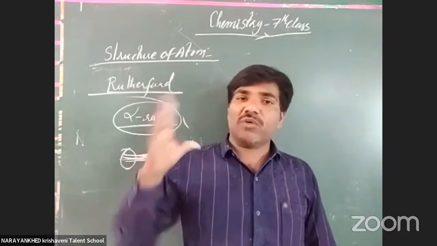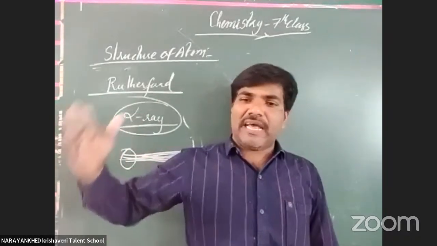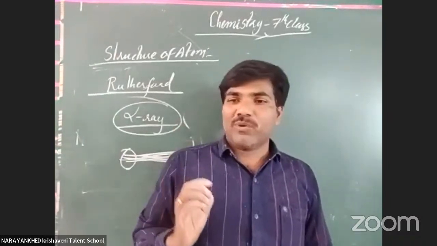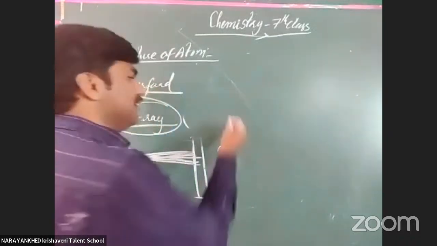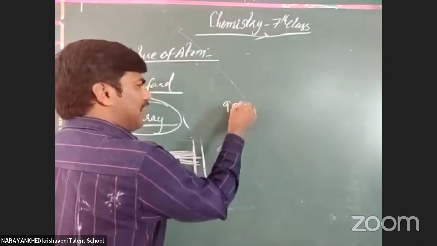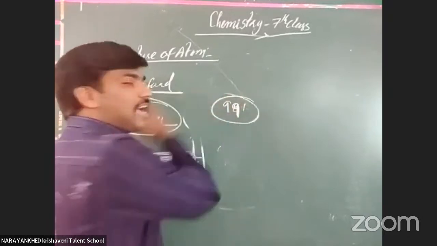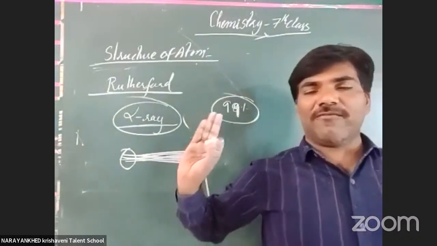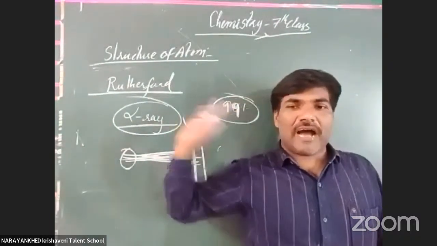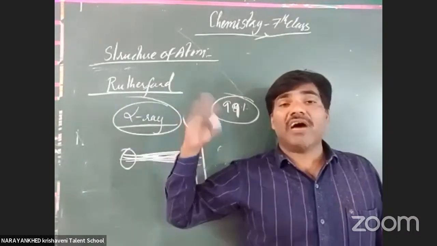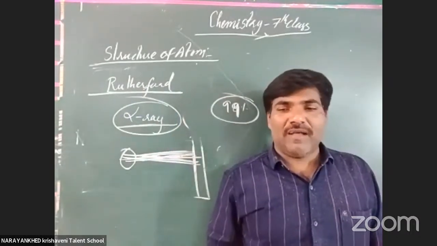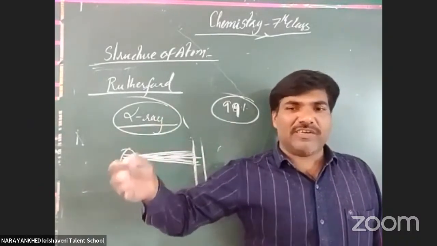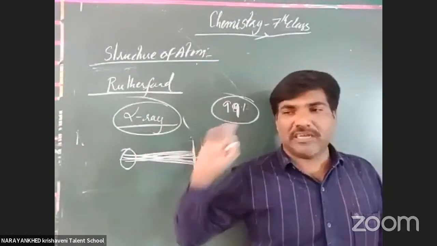Now, what did you understand from this? When rays pass through a substance, there is a gap. According to Rutherford's experiment, 98%, 99% of the atom is a gap only. Nothing, no matter, will be there. 99% of the atom is gap only. Somewhat negatively charged particles are there. Alpha rays are positively charged particles and have more positivity than the electron. That is why only some are deviated.